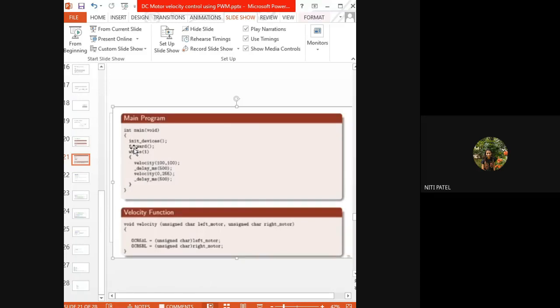So right now in the main program, we have given the option of only forward. But similarly, if you want to go backward, you can create one more function over here as backward and repeat the steps, where you will first define the velocity, with what velocity it will go behind. That means with what speed it will go behind. If you want to make it delay or wait, make it wait and close the back function.